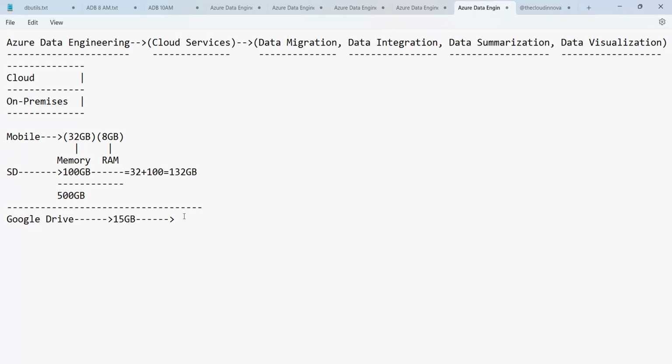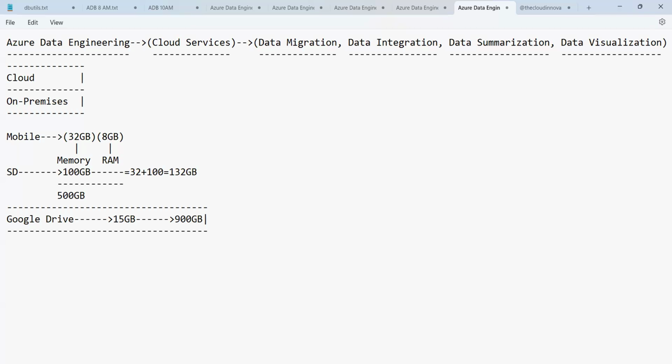But whenever you want to store 900 GB of data, or 900 TB of data, or whatever the amount of storage, you simply need to pay the cost here. Am I right? By paying the cost, you can store unlimited data.